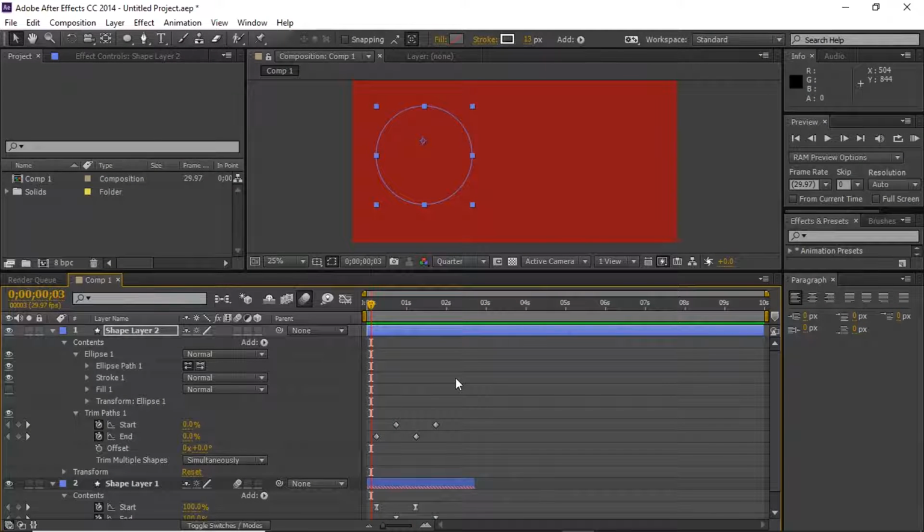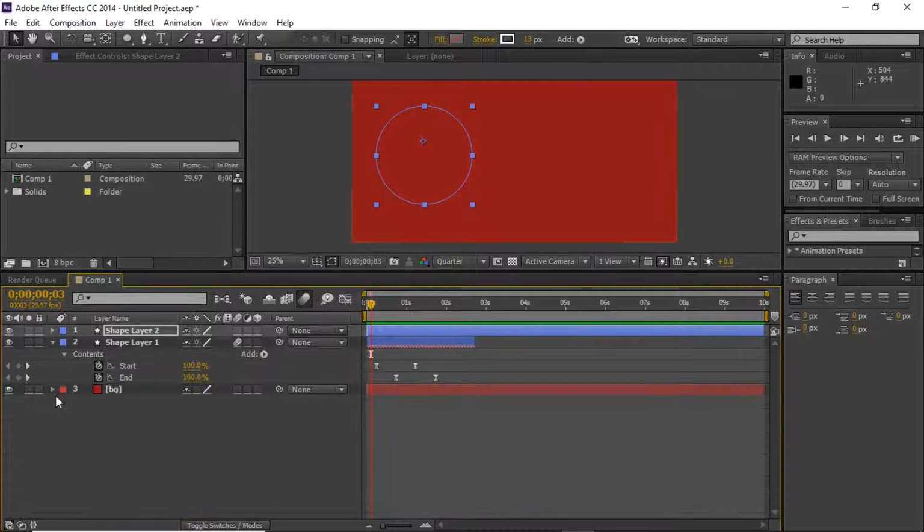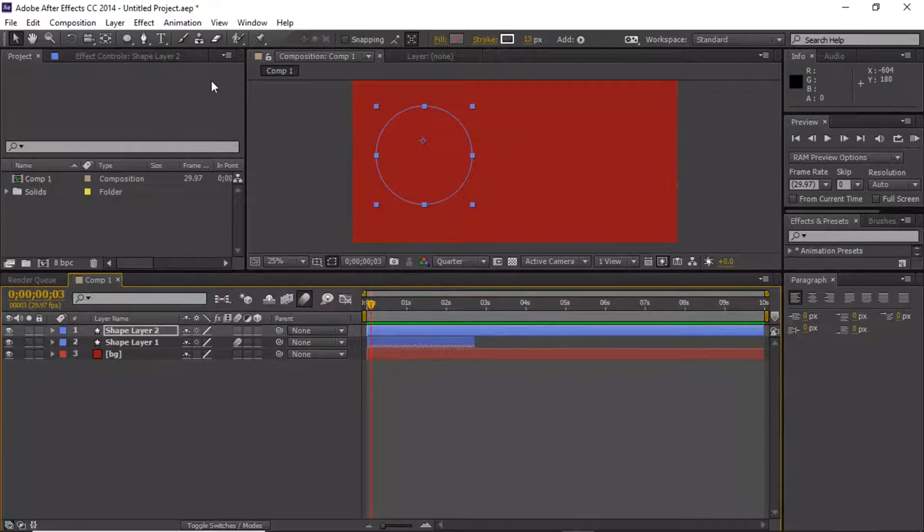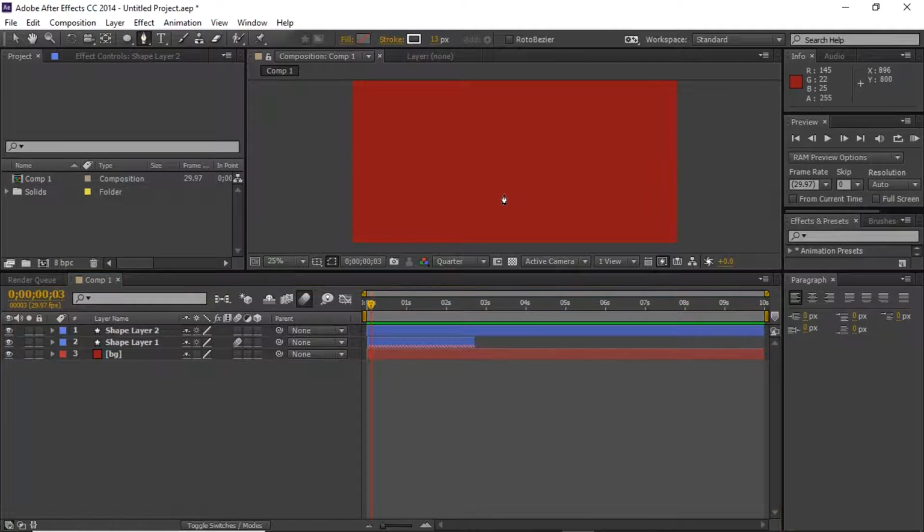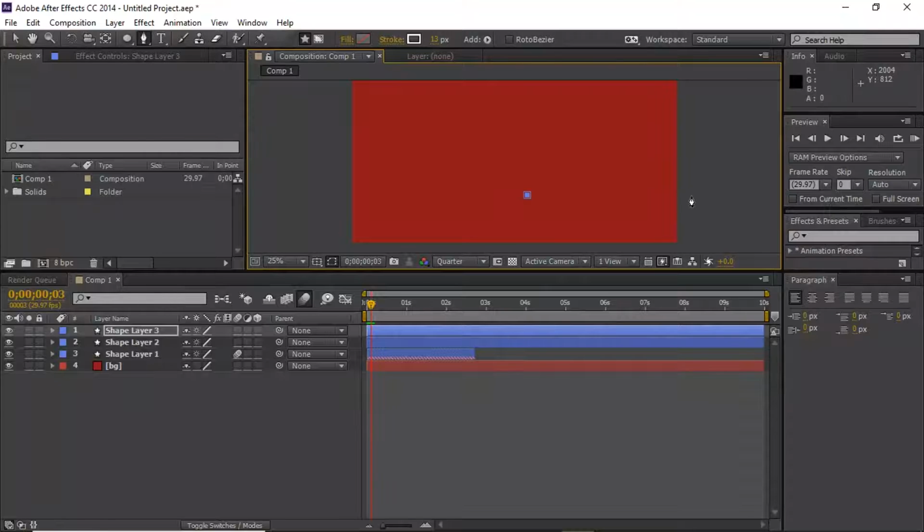We could actually do a lot of stuff with trim path. Let me just show you the third one we can actually do with trim paths. And you know that this thing can be a little bit of correction for your animation. It can actually do a lot of stuff for your animation. No, I think I'm adding this to shape layer 2 again. I'm sorry about that mistake. I'm going to press Ctrl Z to undo that, and I'm going to create a plain path just like this. Okay,